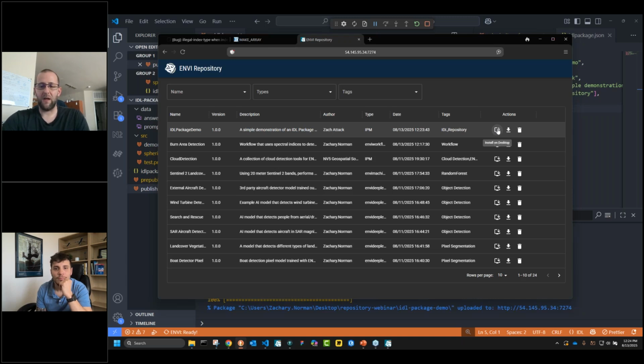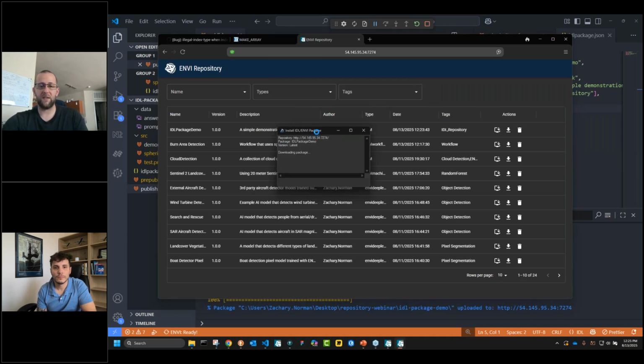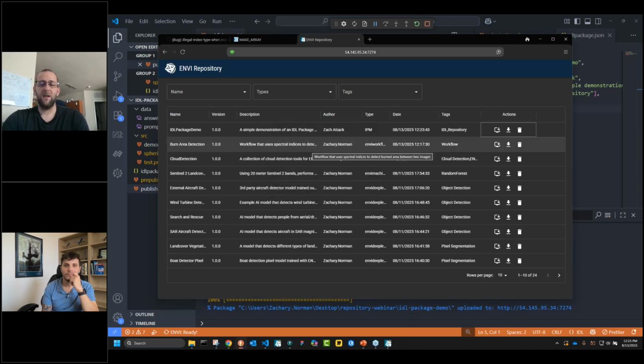So when I click install on desktop, your browser is going to prompt you if you want to open up the application. When I click open, IDL is actually going to handle that URL and it will install that package on my machine. So this is really nice, and this works for ENVI and IDL packages. It's really nice because it helps dramatically streamline the installation process. If you are in a browser, you don't have to be in ENVI and IDL directly. You can go from the browser if you find that to be more convenient than some of the other tools that are